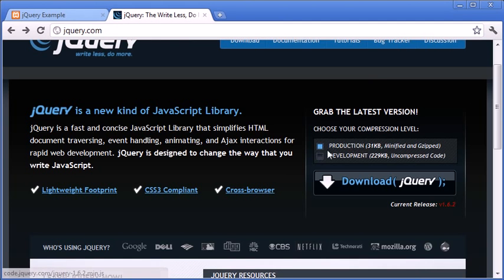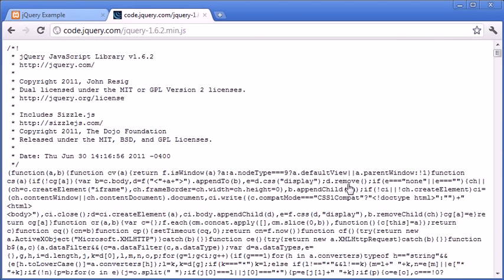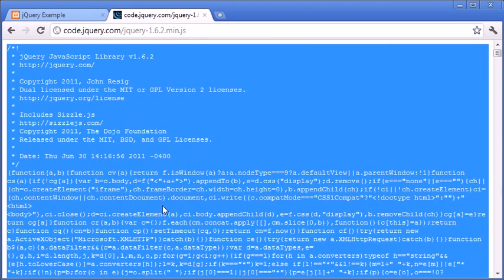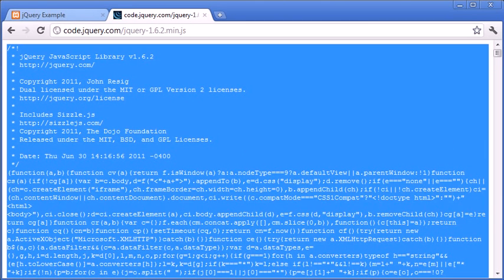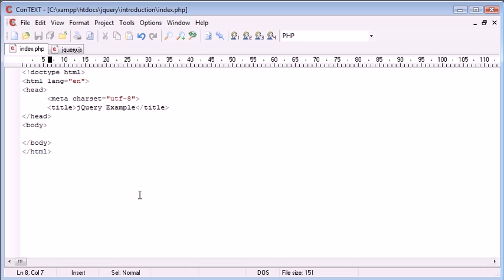So once you have the production version selected, go ahead and download jQuery. It should open up in your browser as code. What you're going to want to do is select the entire page and copy it to your clipboard. Copy. Now we want to come over to your text editor, and before we paste it into a file, we'll